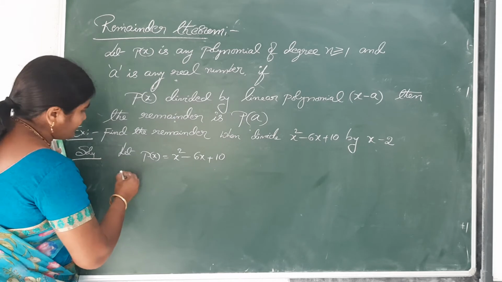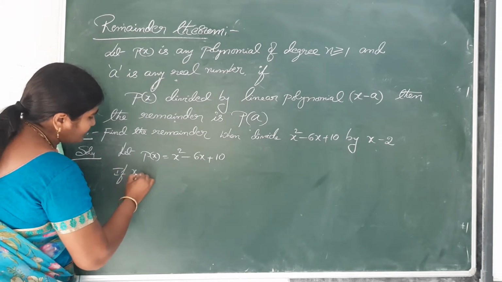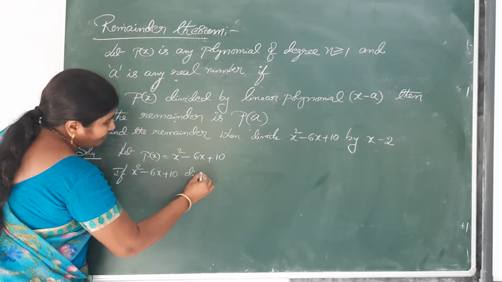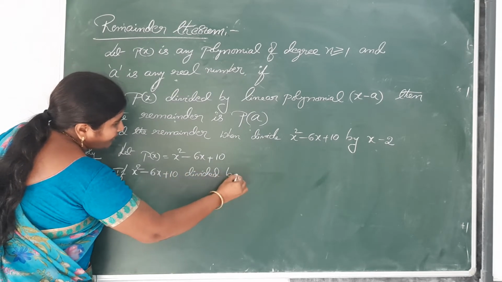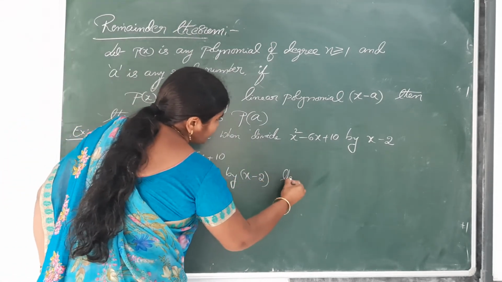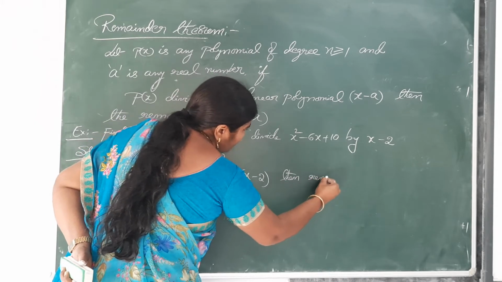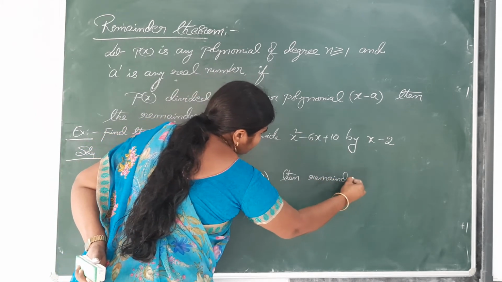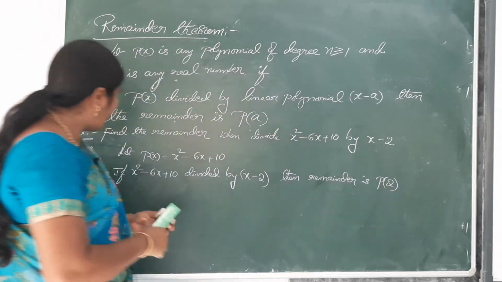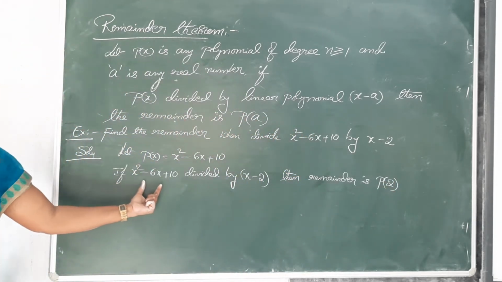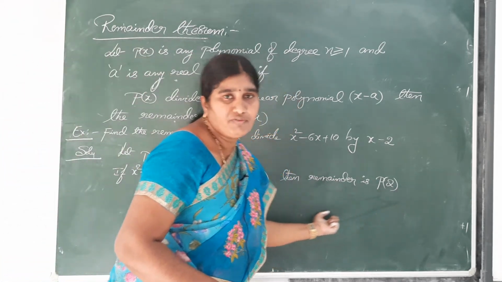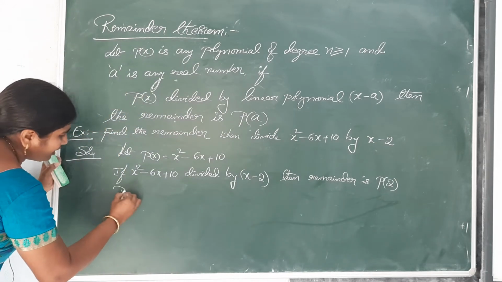If x square minus 6x plus 10 is divided by x minus 2, then by the remainder theorem the remainder is p of 2. So p of 2 equals